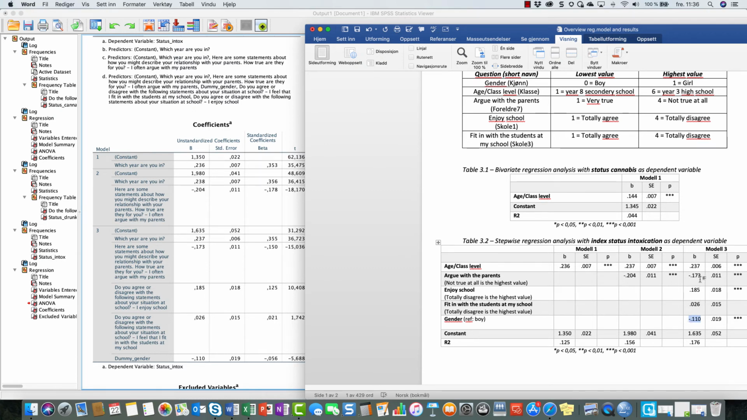But let's get to the fact that this goes down when I control for enjoy school, fit in with the students at my school, and gender. Well, why does the impact of argue with parents go down? Well, it's my interpretation of this, and this is what I mean when I say look for interesting changes in the coefficients. It might be that those who argue with their parents, it's not only that they argue with their parents, but they also